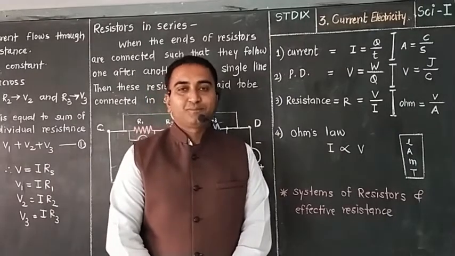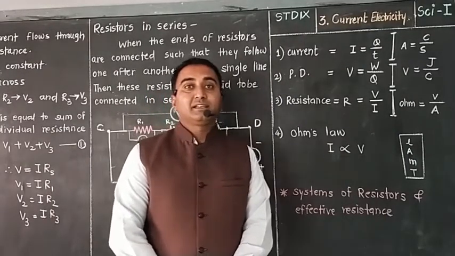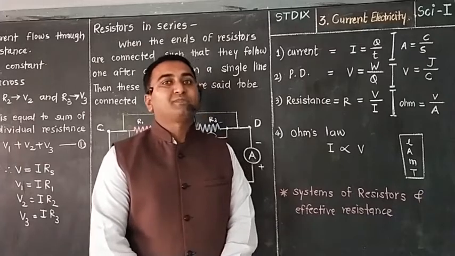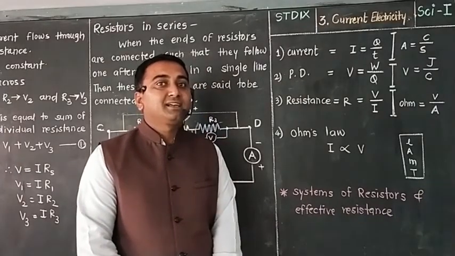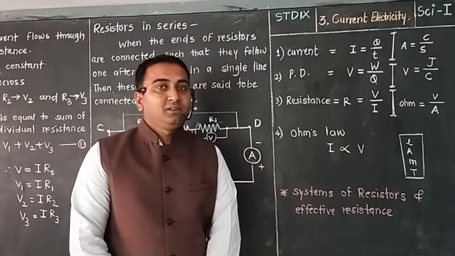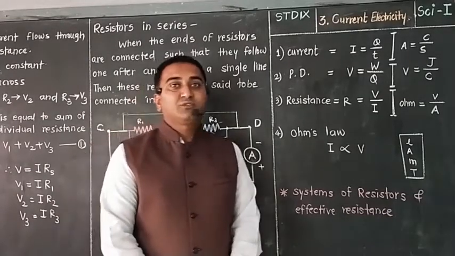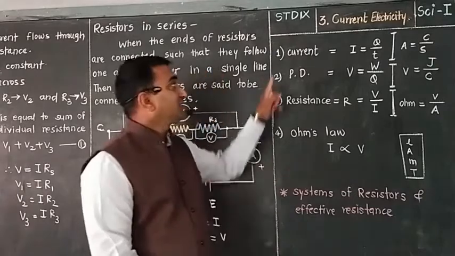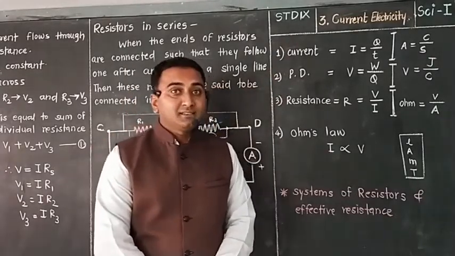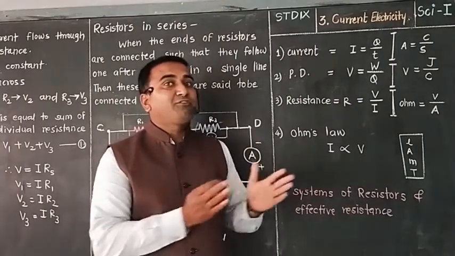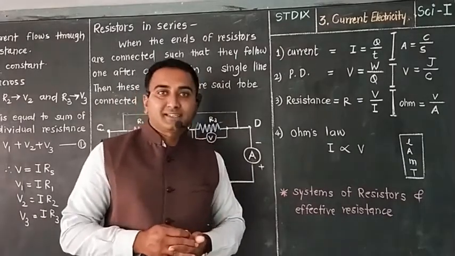Hello students, we are discussing a little more of the 3rd lesson of science section 1, that is current electricity. See here what we have discussed so far. We have discussed the first point, that is current. What is current? Current is a flow of electrons through a conductor,